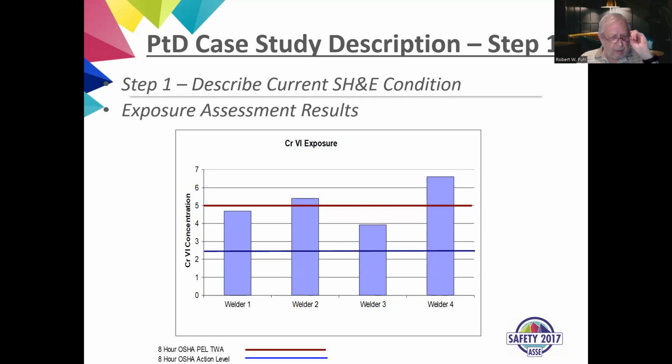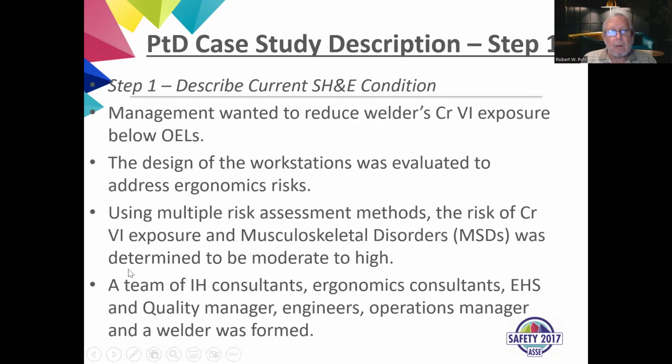Now, the red is the OSHA PEL. Up here, they're dark red, and the dark color here is the action level. So you can see that 2 of the 4 welders are above the PEL, and all 4 of them are above the action level. So management wanted to reduce the welders' hexavalent chromium exposure below the PELs,